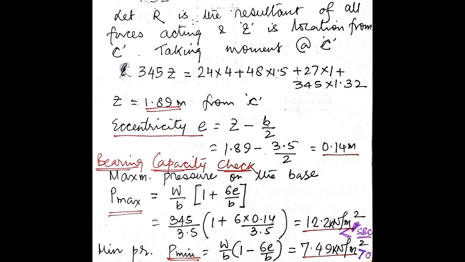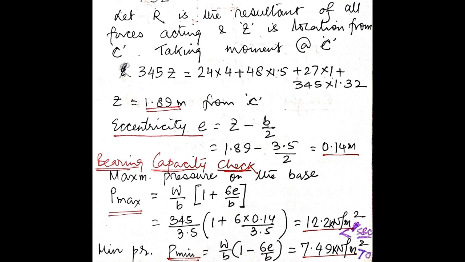Now let us see what is the resultant of all the forces acting. First of all, what are the forces acting? Here active earth pressure is acting, P1, P2, P3. The self weight of the retaining wall is acting. So what is the resultant of all these forces acting? And finally we have to find the location of the resultant of all these forces. The resultant which will be balancing all this is the self weight of the retaining wall. So let it act at a distance of z from the point C.